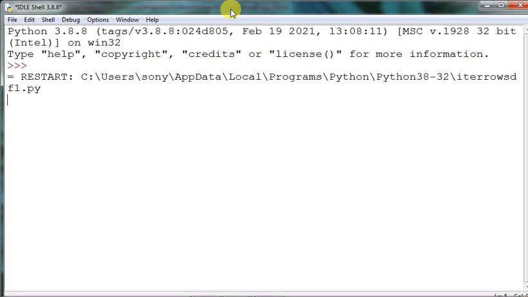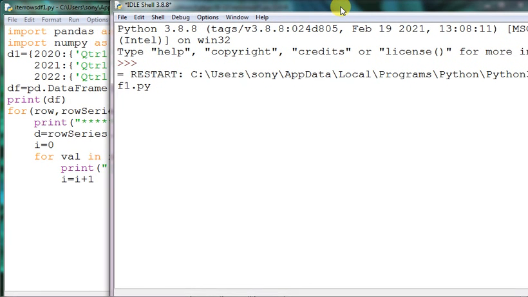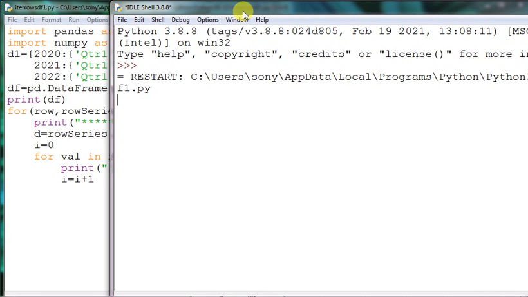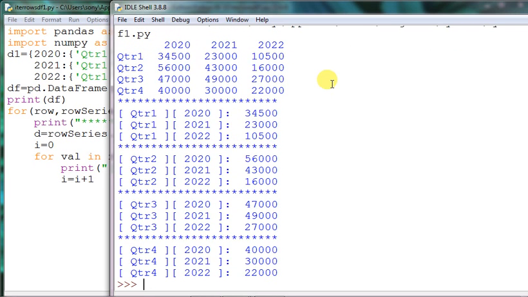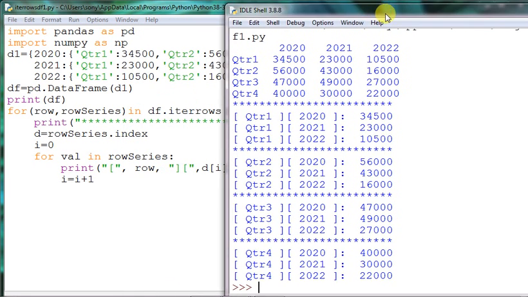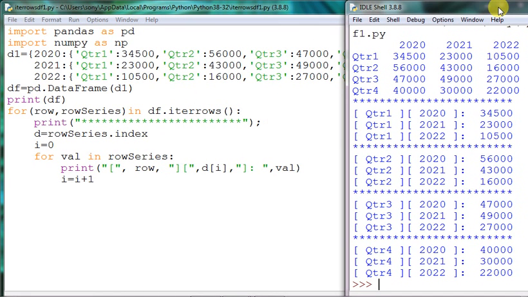So what is happening: in fact here I did not use numpy, though numpy is there. If you want you can remove the import numpy as np also, it's not required here since we have not taken any NaN value. If a NaN value had been taken, then it would be okay. Now you can see how the data frame has been printed. So these are the different ways to take the data frame also. 2020 is a column, 2021 is a column, and 2022 is a column, and these are all the rows.